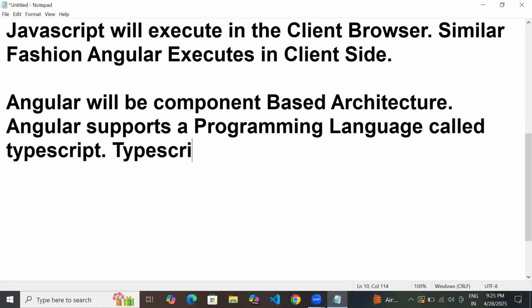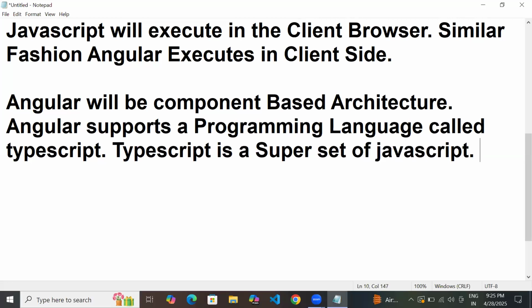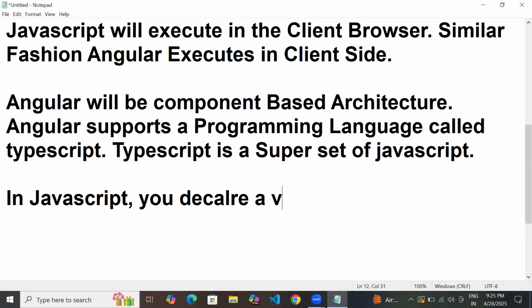So basically, TypeScript is a superset of JavaScript. In JavaScript, you declare a variable using var. Am I right? That is the keyword you use across your JavaScript. Am I right or wrong? Say yes or no. Yes. But in TypeScript,